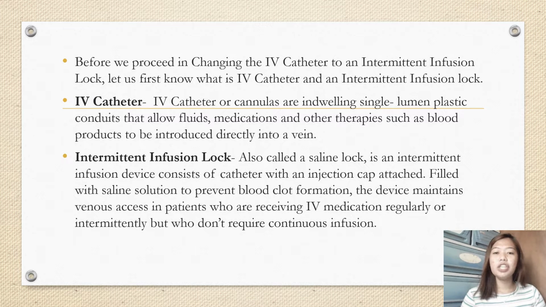Before we proceed in changing the IV catheter to an intermittent infusion lock, let us first know what an IV catheter and an intermittent infusion lock are. IV catheters or cannulas are indwelling single-lumen plastic conduits that allow fluids, medication, and other therapies such as blood products to be introduced directly into a vein, while an intermittent infusion lock, also called a saline lock, is